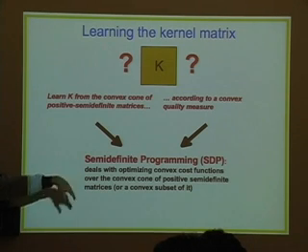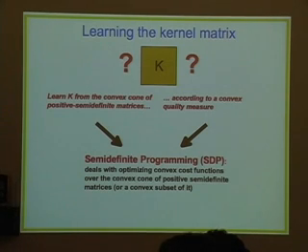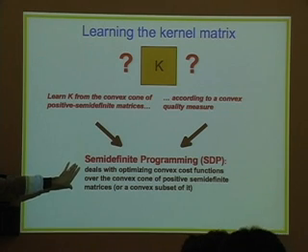Okay? So think about it like linear programming, for example, tries to optimize a vector of numbers, which is basically just a linear vector, subjected to a bunch of linear constraints. What we're doing here, we're trying to optimize a matrix subjected to the constraint that this matrix has to be positive semi-definite. Okay? And that's exactly what semi-definite programming tries to do.